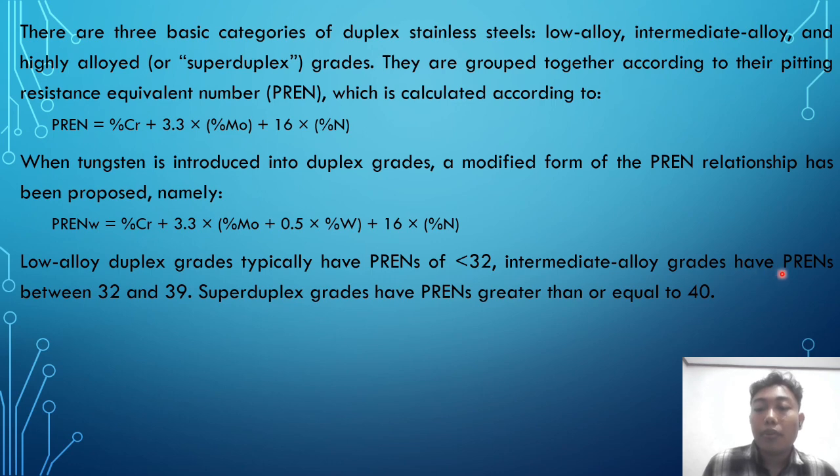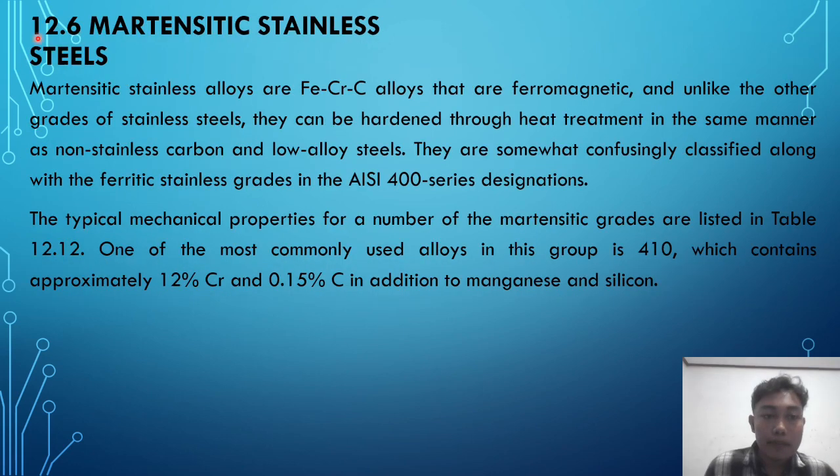Intermediate alloy grades have a PREN between 32 and 39. Super duplex grades have a PREN greater than or equal to 40. And then next, 12.6